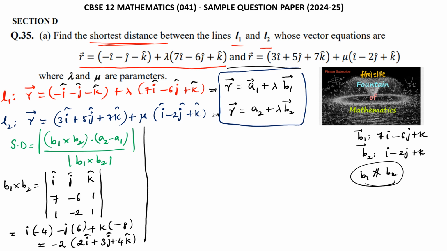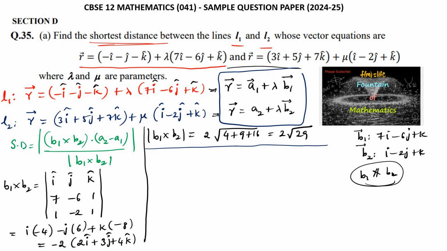So this is b1 cross b2, and mod of b1 cross b2 is, so we can take 2 common, under root of 2 square is 4, 3 square is 9, 4 square is 16, that is 2 root 16 plus 9 is 25, plus 4 is 29. So mod of b1 cross b2 is 2 root 29, and then a2 minus a1, here a1 vector is